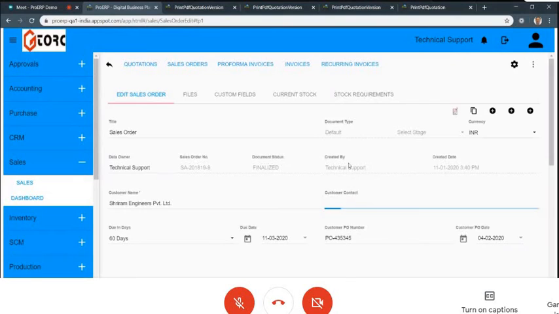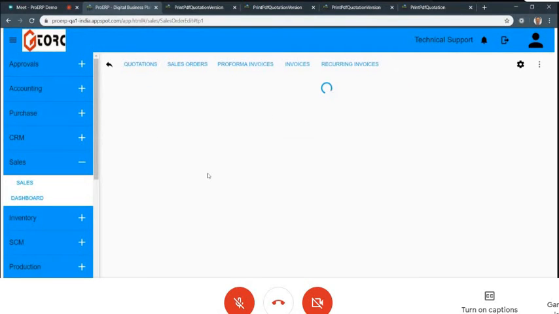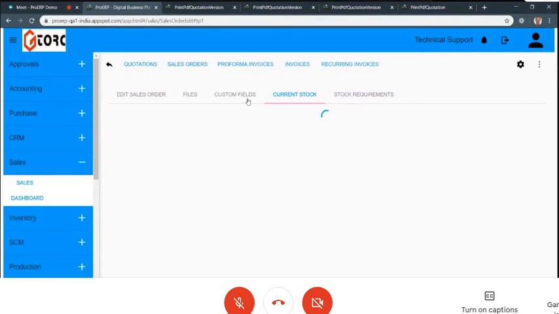Now, what happens the moment a sales order is created? If you are doing plain trading, then fine, you can see stock items available in the system against these details: whether we have current stock for the required items, and in which warehouses, and this item is there in different quantities.